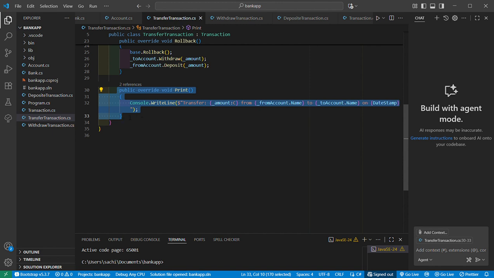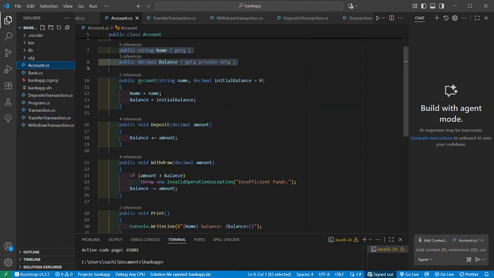For encapsulation, the account class has demonstrated encapsulation. The account balance is set as private and cannot be accessed directly. Instead, the only way to change the balance is through the deposit and withdrawal methods. This ensures that the balance is always updated in a controlled and safe way, preventing invalid changes from outside the